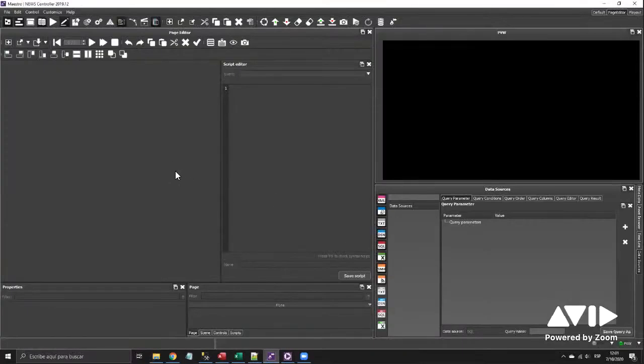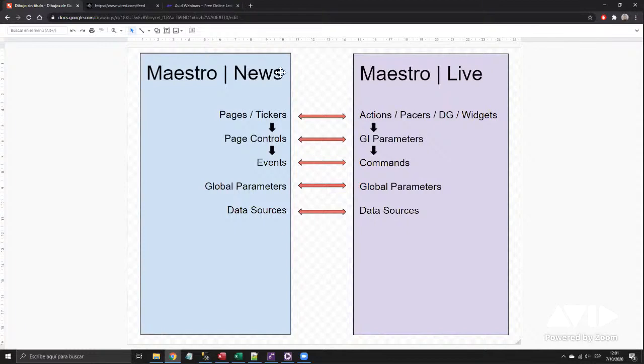We are going to see everything related to databases from Maestro News and Maestro Live. First, we're going to start by doing a quick comparison between Maestro News and Maestro Live. How do they work and what do we find in each one of these control softwares? In Maestro News, we will have pages and tickers. In Maestro Live, the same are going to be actions, pacers, which work the same way as tickers, data groups,